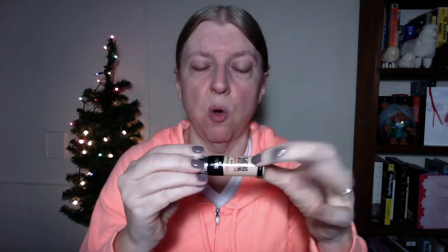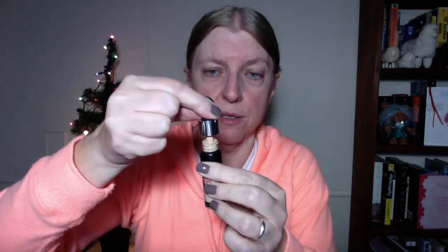So you only need a tiny little bit, so I'm just going to do that, and then I have already shaken this before, but I want to make sure that it's shaken really well because I suspect, I mean, you can't see inside the bottle because it's opaque, but I think this type of product would have a tendency to separate easily. So then you've got an eyedropper type applicator, so I'm going to squeeze the applicator to pull some product up,